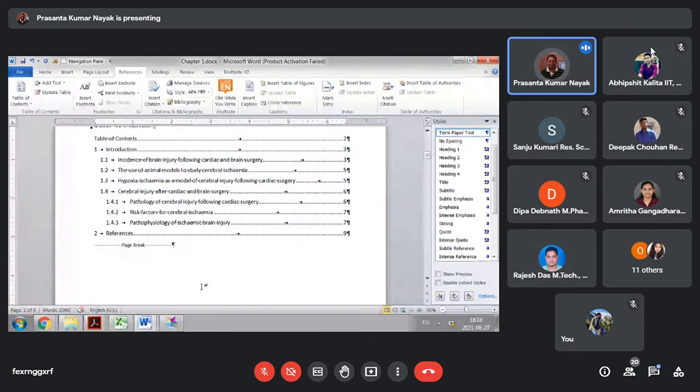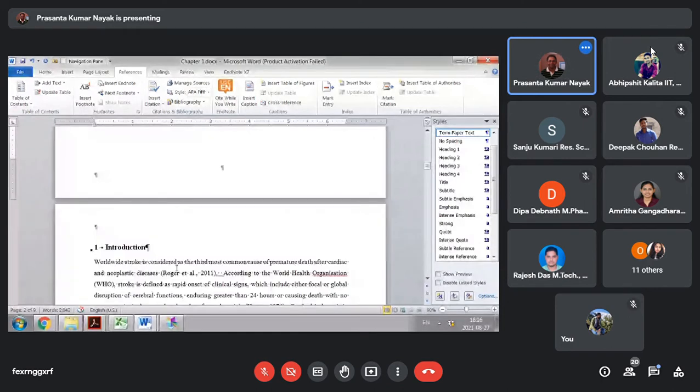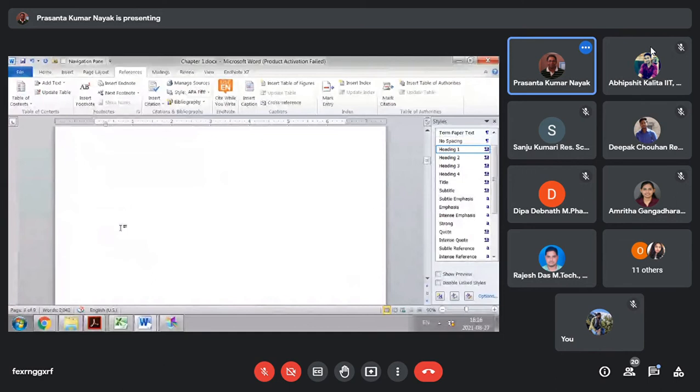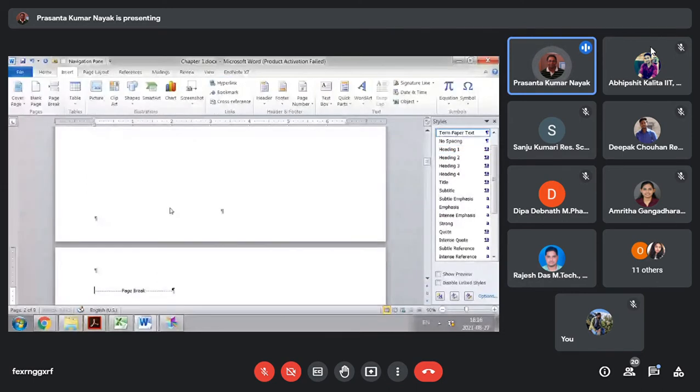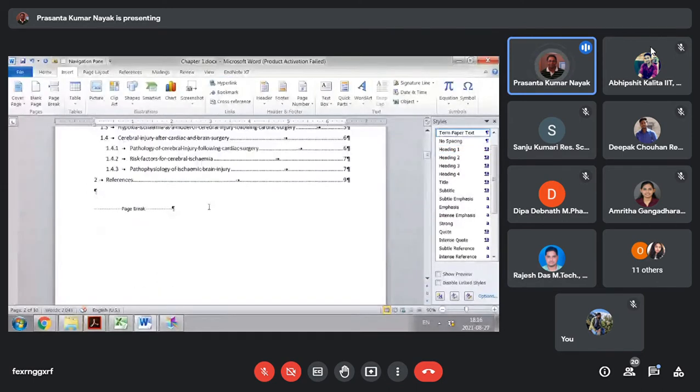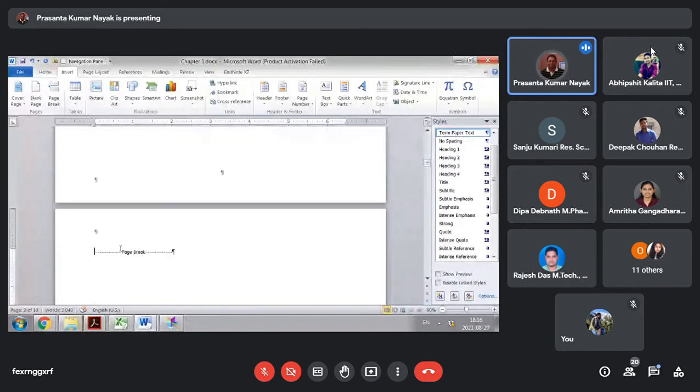Now, on the next page, if you want, I can hit a page break here, insert a page break just after this table of contents, go to the next page, and I can also create a list of figures.